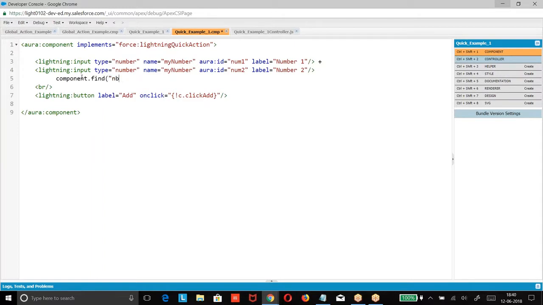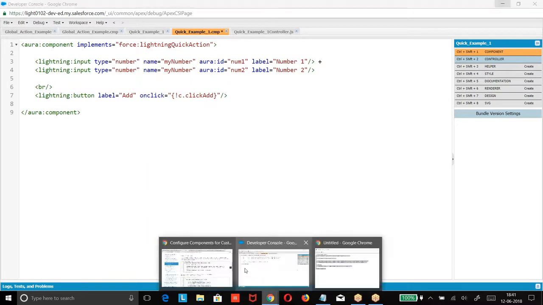Find number 1 dot get. This is how we are going to read the value. Component dot find, because we are trying to find out the value based on the ID. Component dot find number 1 dot get v dot value. Right, boss? This is how we are going to get. So let us see the controller.